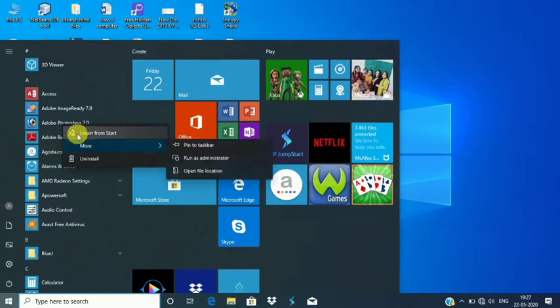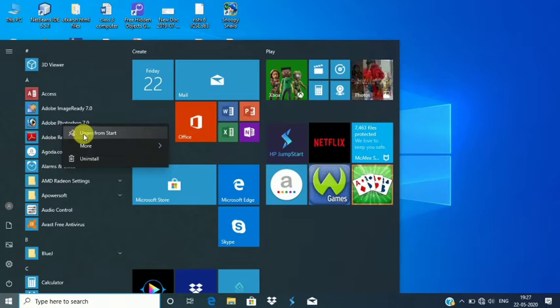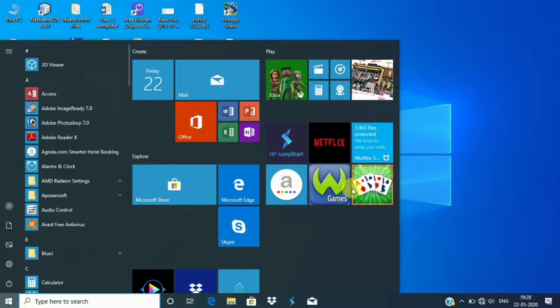As you can see, sometimes what you will get, if you are going to create a pin for the taskbar, here I want to set this program on the taskbar, but it is already set on the taskbar, so it displays this option, unpin from start. So what I will do, I will choose another option.